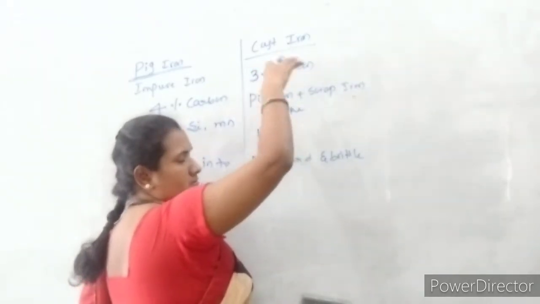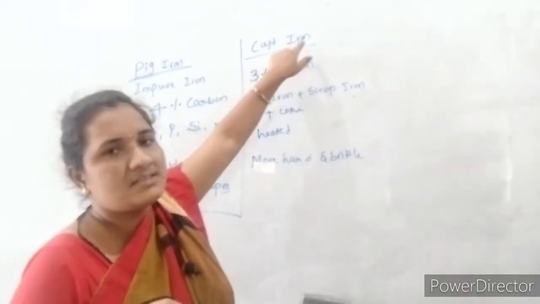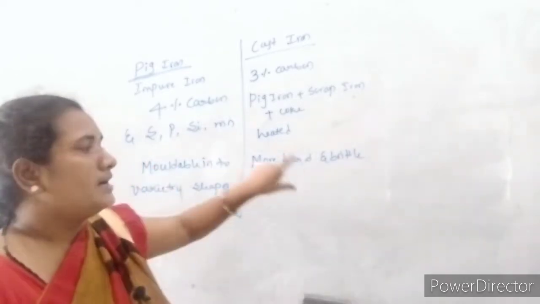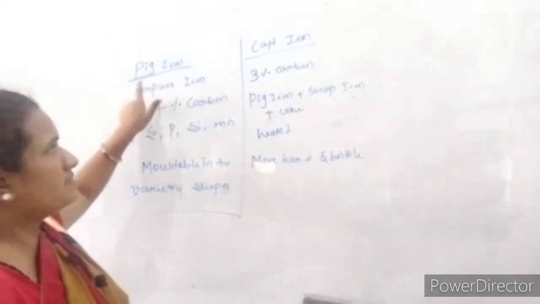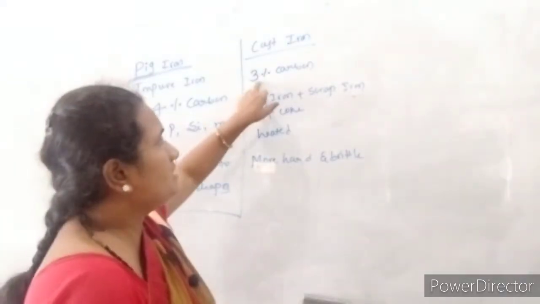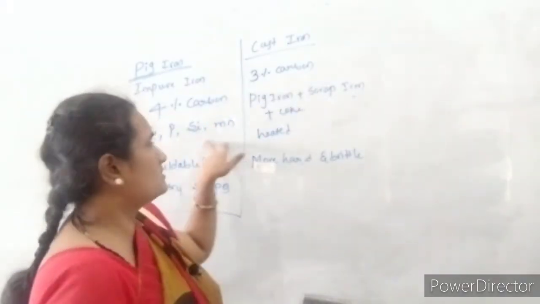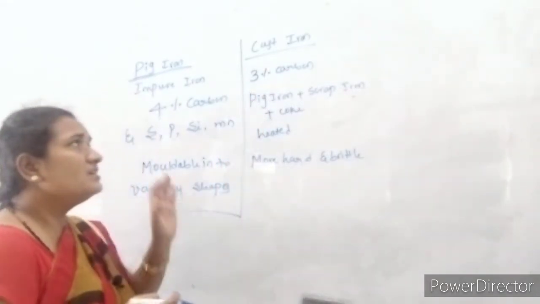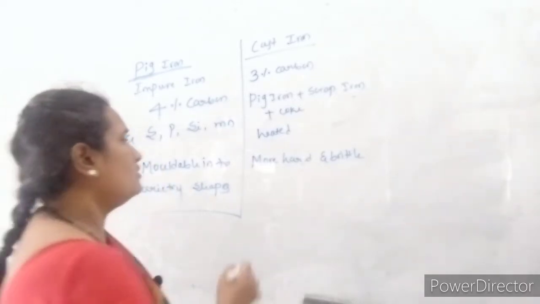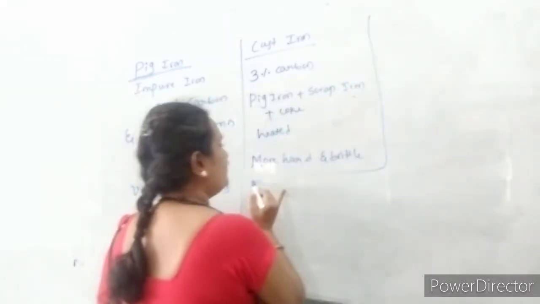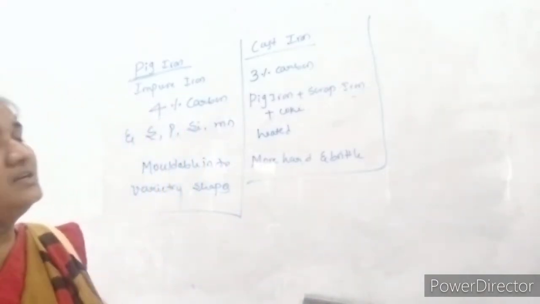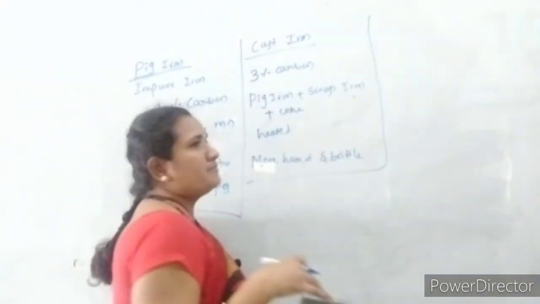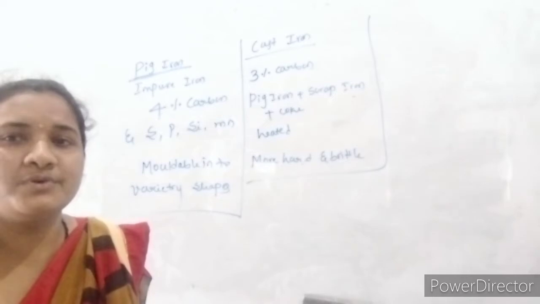So this iron is said to be the cast iron. This cast iron will become more hard compared to pig iron, and also more brittle compared to pig iron, but still it contains 3% of carbon along with small amounts of impurities. So that's why it is also not called the pure form of iron. So again we have to remove the remaining impurities. That is why we have to do further improvement, so that we are going to get the formation of a pure iron here.